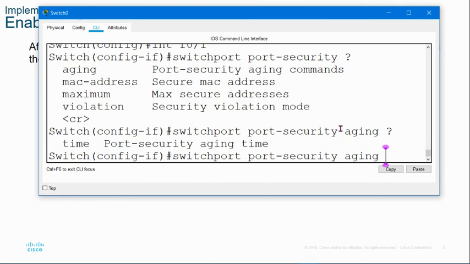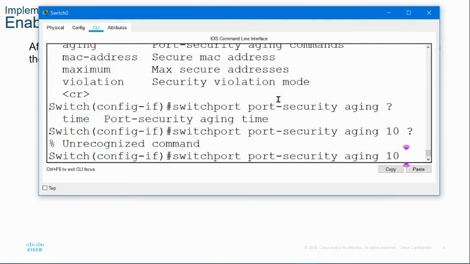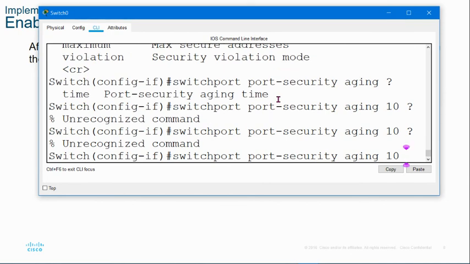For example, the port security aging time will be configured for 10 minutes. This is a time period. And what other options are there? Actually there must be two options, but the options are not displayed here under recognized command.